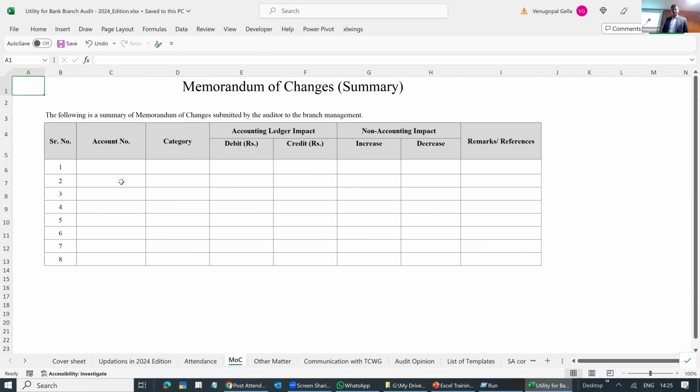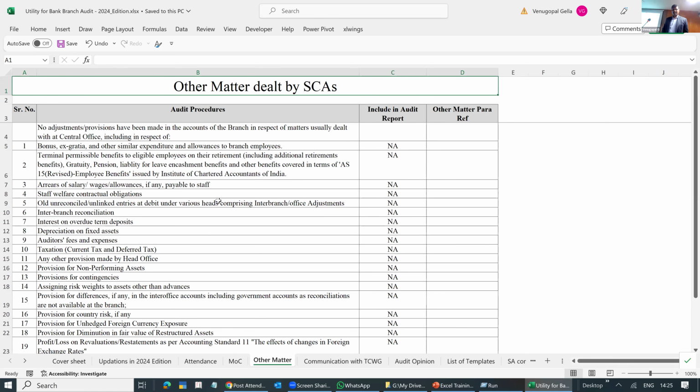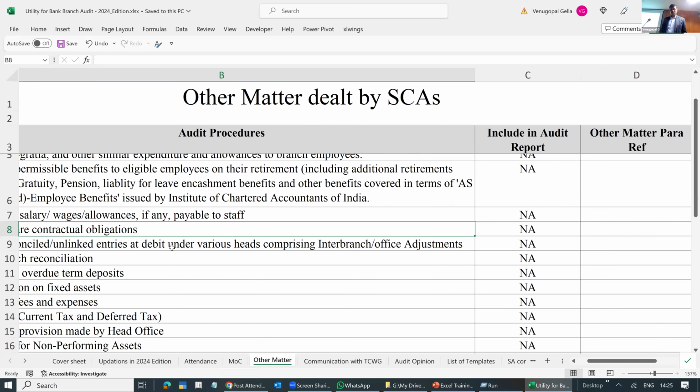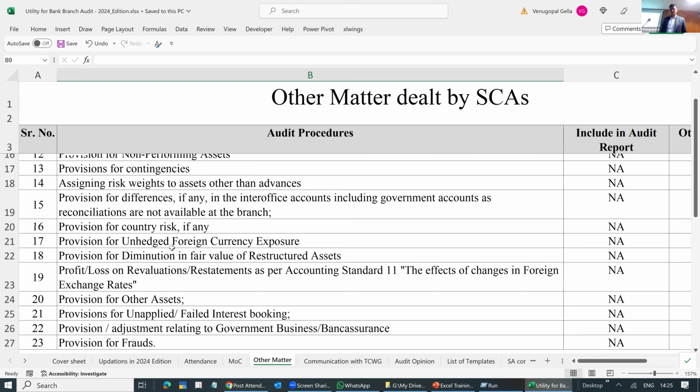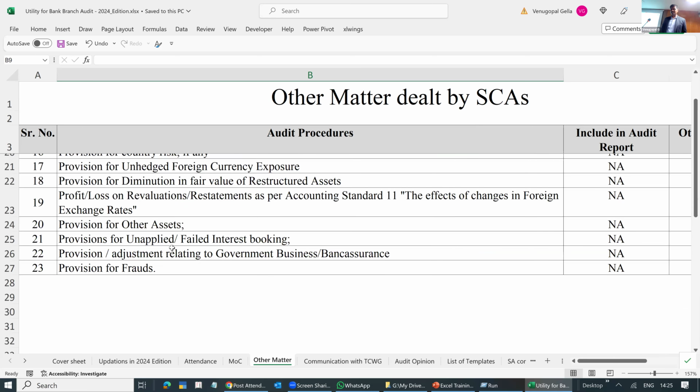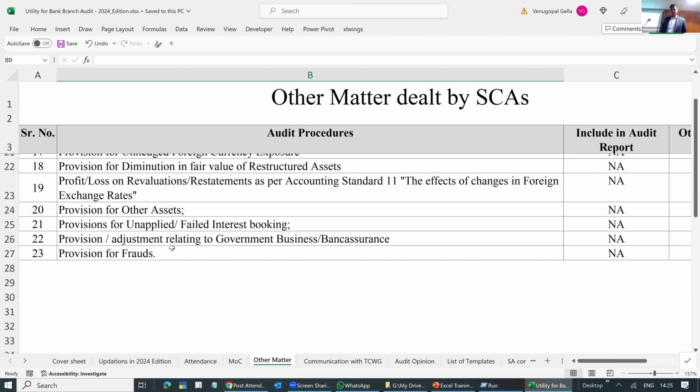If you are issuing an MOC, the summary of the MOC, and the matters that you want to report to the central statutory auditors, saying that you have not seen this. Most likely these are done at the center by the central statutory auditors. You will say, okay, these I have not done. If you want to put it into your audit report, you can put it.